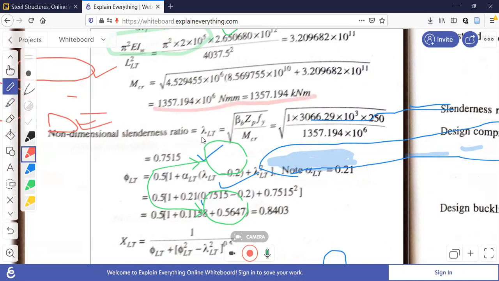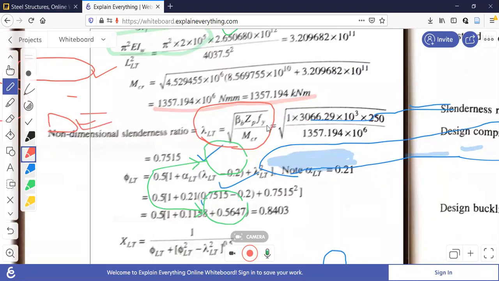You find out gamma lambda LT. Now the lambda LT calculation is different here. I have not used this formula in previous cases. Lambda LT was not calculated when I used table 13A. Directly FCR and FY 250 were used and the values were interpolated. That was the fastest method. It is an easy and fast method.